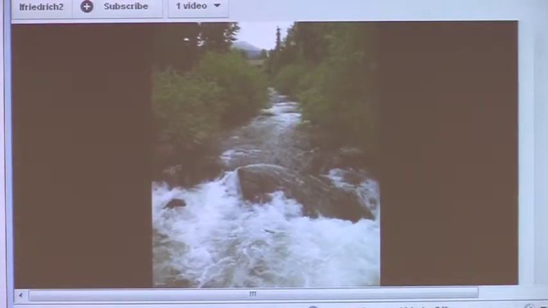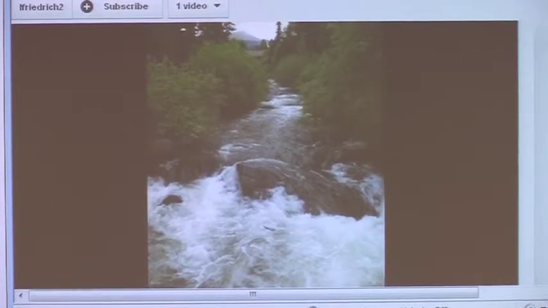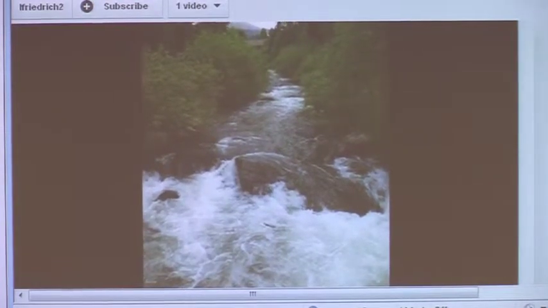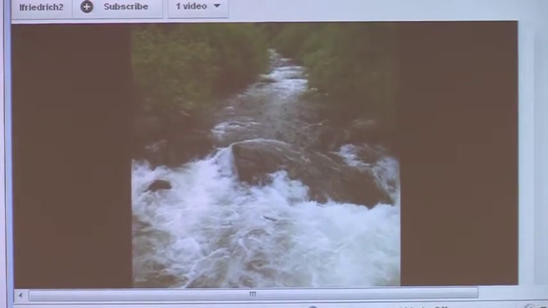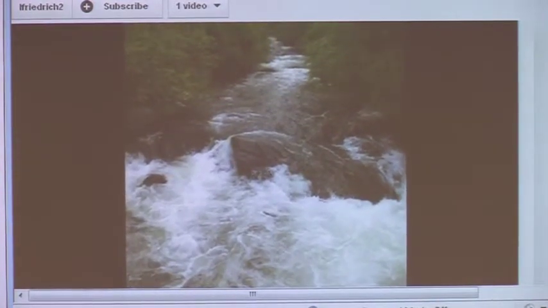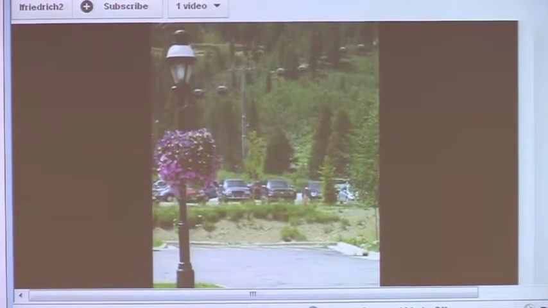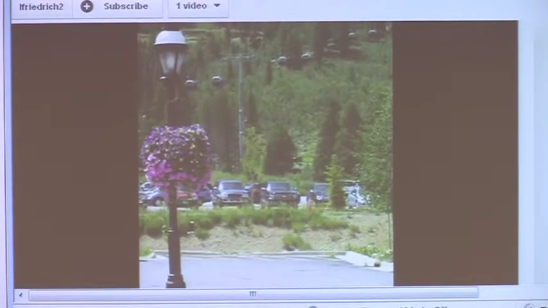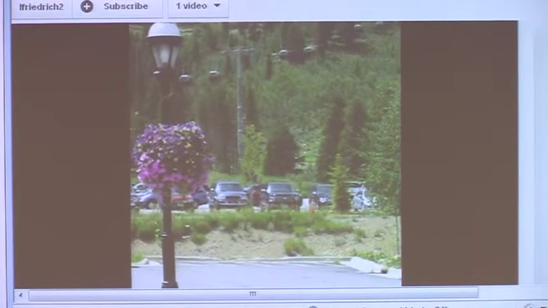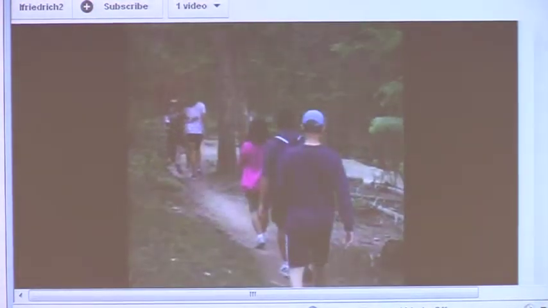Rushing streams run wildly all summer as snow continues to melt in the mountains. Some snow will still be left on the highest peaks when the new snow arrives this winter. No matter the season, riding the gondola is a highlight. The glassed-in car allows beautiful views in all directions.